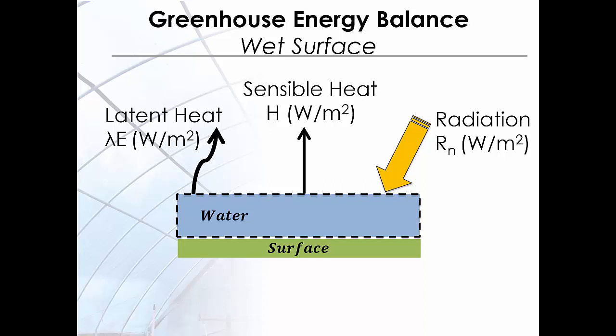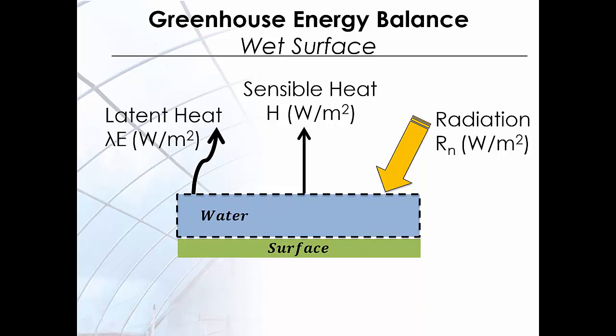The latent heat is the energy absorbed by or released from a substance during a phase change from a gas to a liquid phase, or a solid, or vice versa. And the sensible heat is the energy required to change the temperature of a substance, but in this case with no phase change. So therefore,